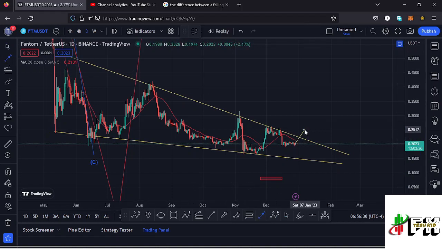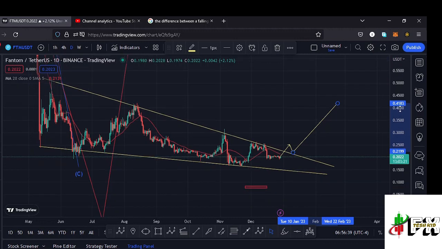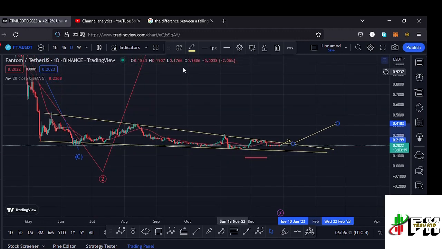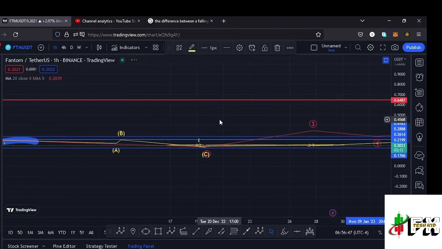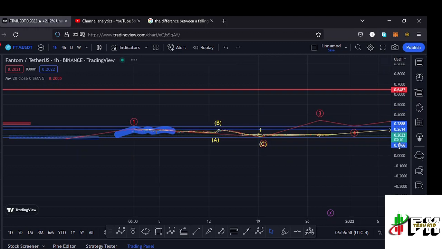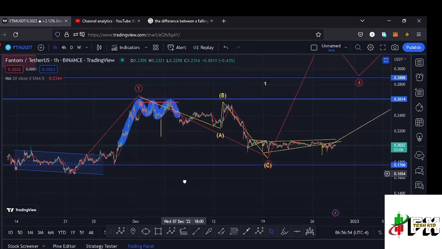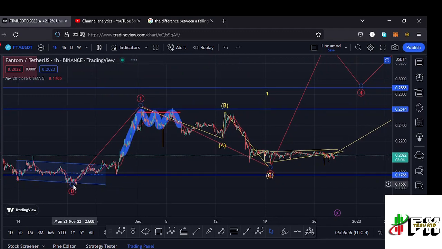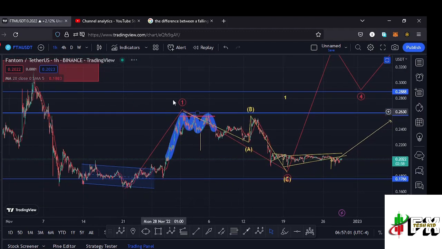And once the retest is in and a success, then we can continue pushing even higher, and that will be giving us that impulsive movement that I'm expecting on the long-term scenarios in the formation of that higher Elliott wave count 3 to the upside. And jumping to the 1 hour chart for further analysis and also give you the short-term scenarios also here on the 1 hour chart. Here on the 1 hour chart, you can see that after making our low at around the $0.16 mark, we started this very nice bounce to the upside, which has been obeying the Elliott wave structures, where we can term this as the first wave to the upside.